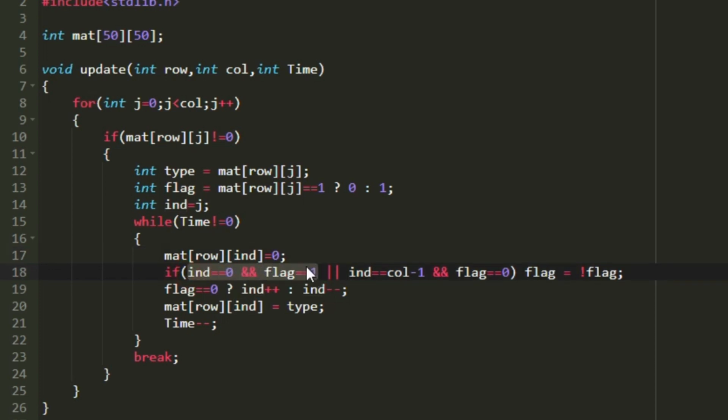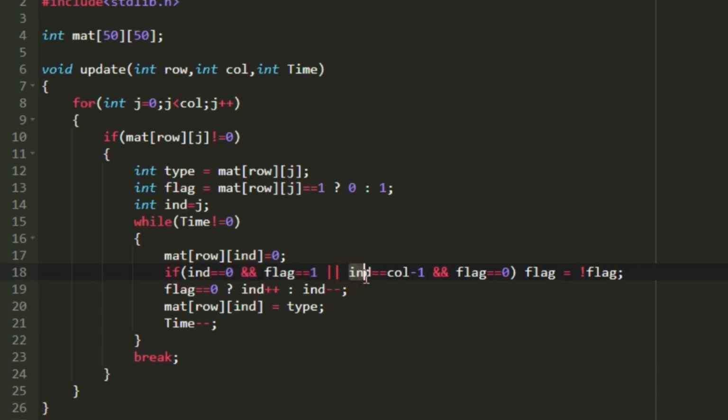So if index is equal to 0 and we are trying to move in the west direction, then it would be out of range. In those cases, we need to toggle the value of flag. If this condition is satisfied, then we will be setting flag equal to not flag. So if it is 0, then it becomes 1, else if it is 1, it becomes 0. This is how not flag works.